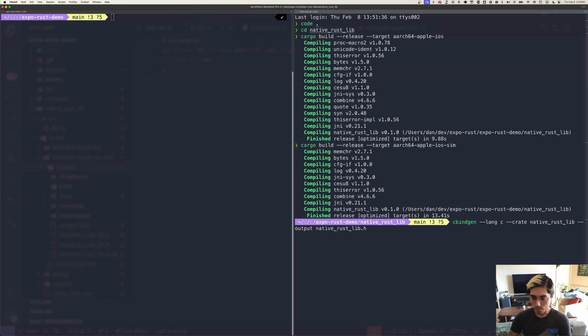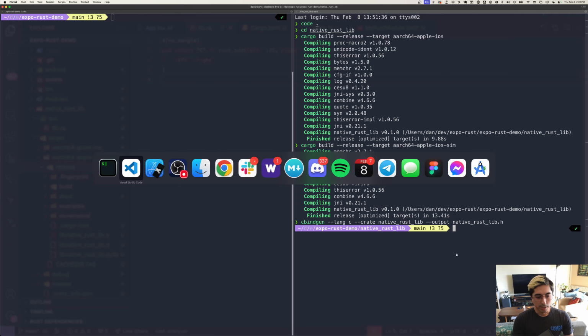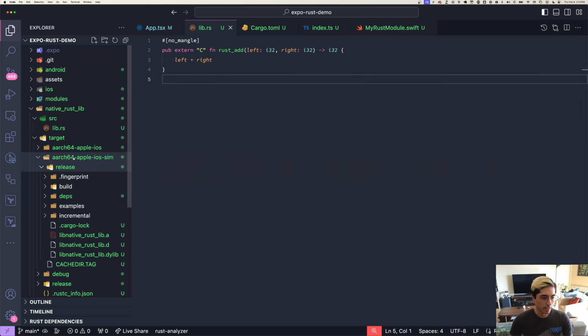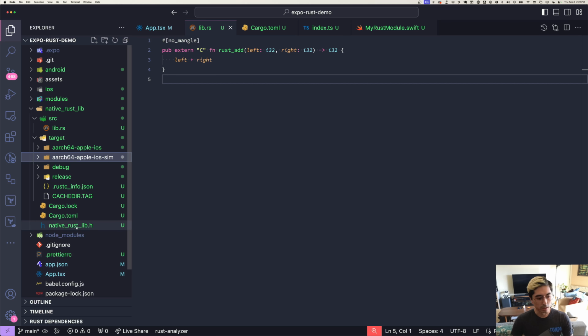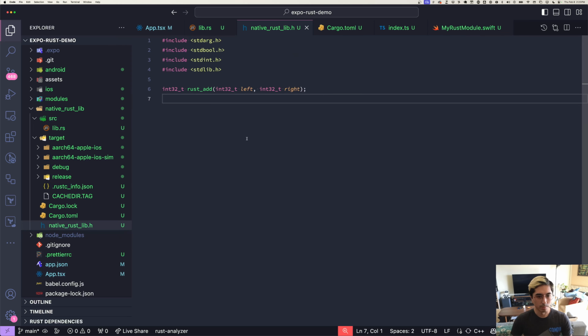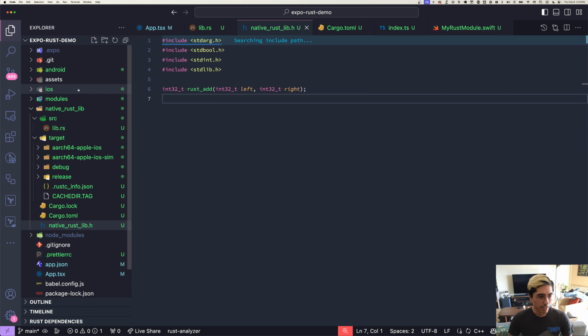So you don't have to super scrutinize these commands because they'll be available to you later. But cool, so running cbindgen created this native rust lib.h file, and it's kind of like a type definition, I believe. All right, so now we're gonna manually get iOS working, and in order to do that, we're gonna go